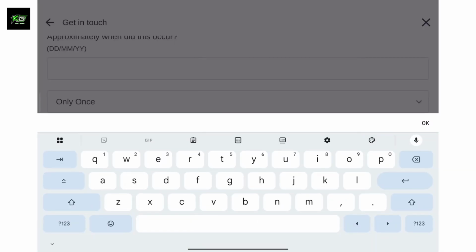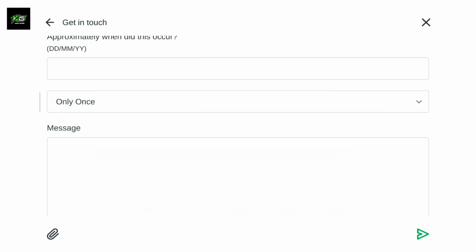Now go to the message box at the bottom and write down the description for your problem. Describe your problem in the text box as much as you can, and if you've got any screenshots or proof about the issue, you can also link it over here by tapping on the link button at the bottom left and upload your screenshots. And finally, tap on this green send button at the bottom right to send in the